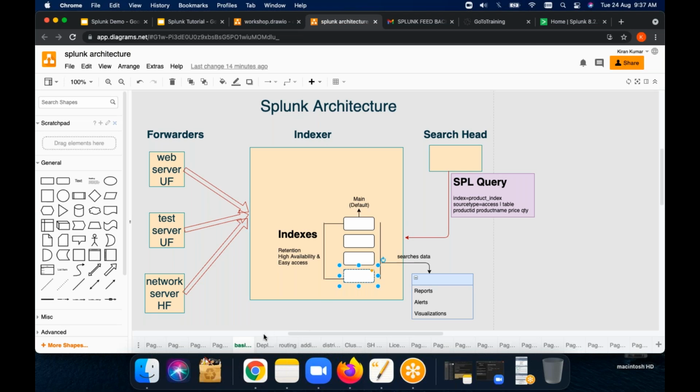So now you have clearly understood, right? We have discussed forwarders, indexes, search head, and all those kinds of stuff. About the basic architecture we have discussed right now. Now we'll be moving on; all these things we'll be seeing in detail in the admin part. For your understanding, I'm giving you a blueprint so that you can understand the components better. That is why I'm explaining in detail, taking this much time.